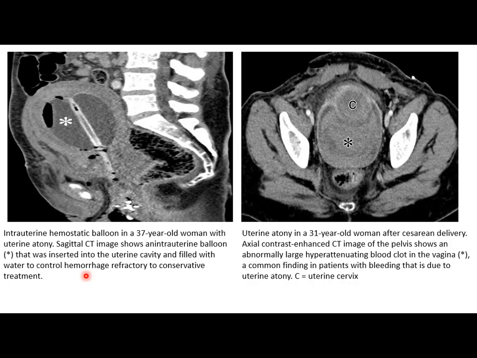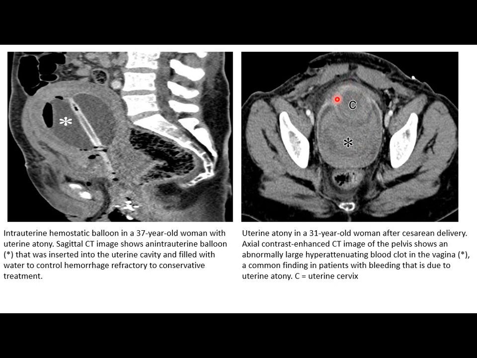This is a balloon injection. The balloon is inserted into the endometrial cavity and filled with water as a conservative treatment for uterine atony. This causes stasis of the bleeding. So to make something like compression, they put a Foley catheter, inflate it, and it will press on the endometrium, stopping the bleeding. This is a large hyperattenuating mass or blood collection within the distended vagina because of continuous bleeding,